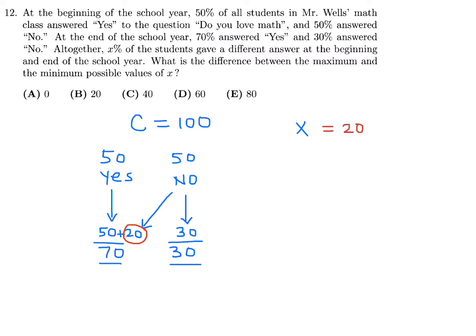Correct? Everybody else went from either yes to yes or no to no. This 20 are the only ones that changed their answer. They initially had said no, and now they're saying yes. Now the other extreme case scenario